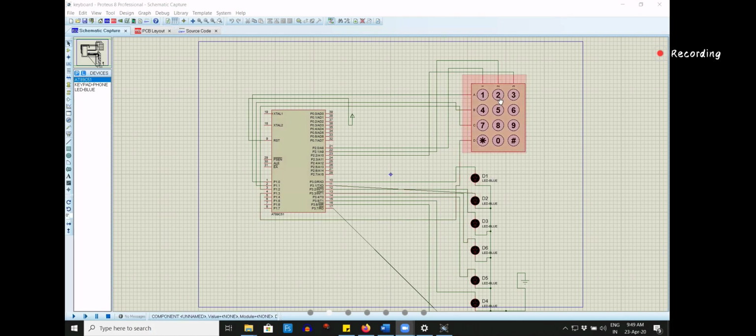So when I type 2 here, these LEDs should show the ASCII value of 2. If I punch this hash sign here, the ASCII value of hash should be shown at the LEDs. We'll see in a while. So this is how you can interface. You can have a drawing also. I could not draw it, but you can draw it by yourself.